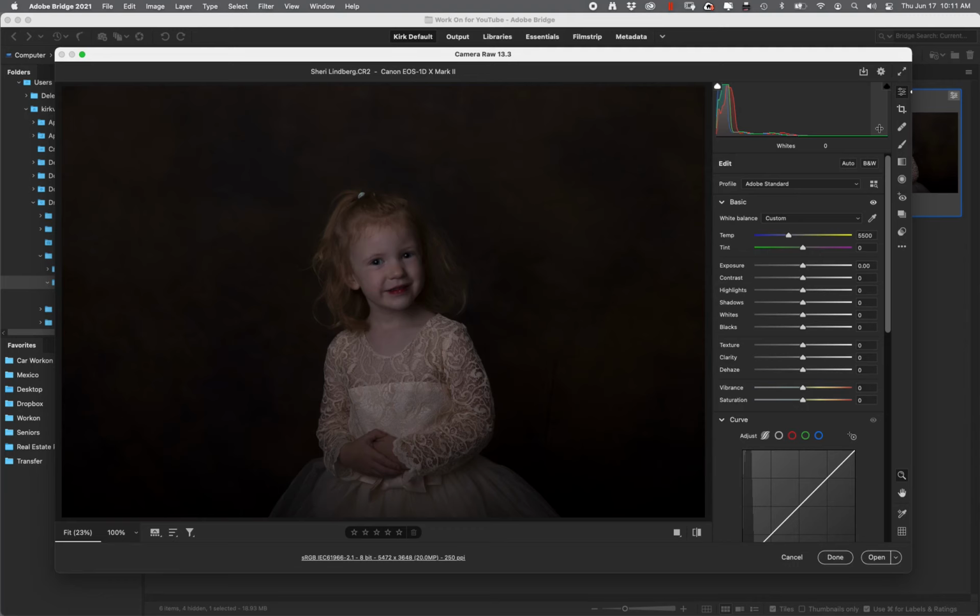I choose to get to it through Bridge because Bridge is just basically stripped down and it's designed strictly for image viewing and moving images from one folder to another. It's like a really fancy Finder window kind of thing. It allows you to preview things and stuff like that. So that's why I choose to use Bridge, as opposed to Lightroom making you do all these different things. All right, so Sheri, let me just tell you that first of all, this image appears to me